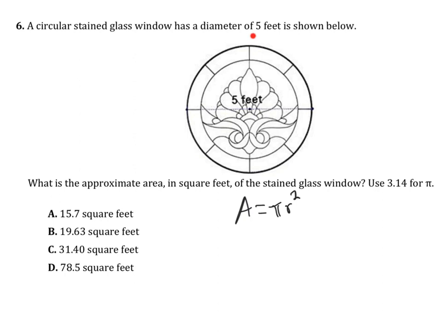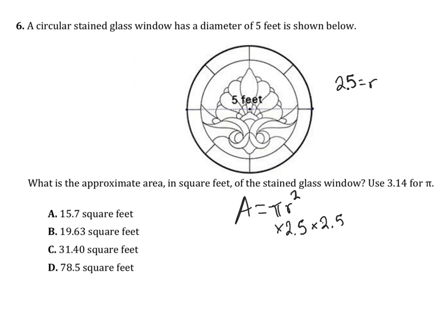Now it's given us 5 is the diameter, so all the way across is 5. Now we know radius is half the distance, so we half 5, which is 2.5. And that's our radius. So we need to multiply 2.5 times 2.5